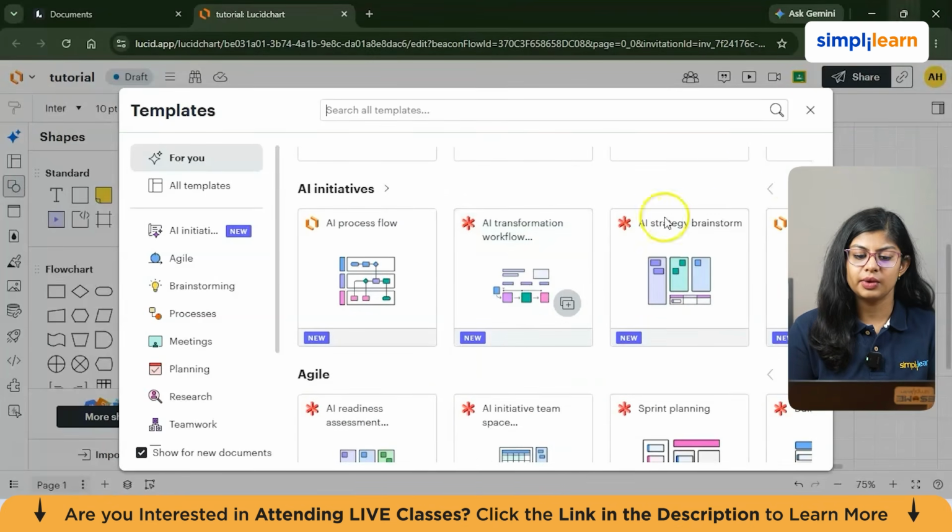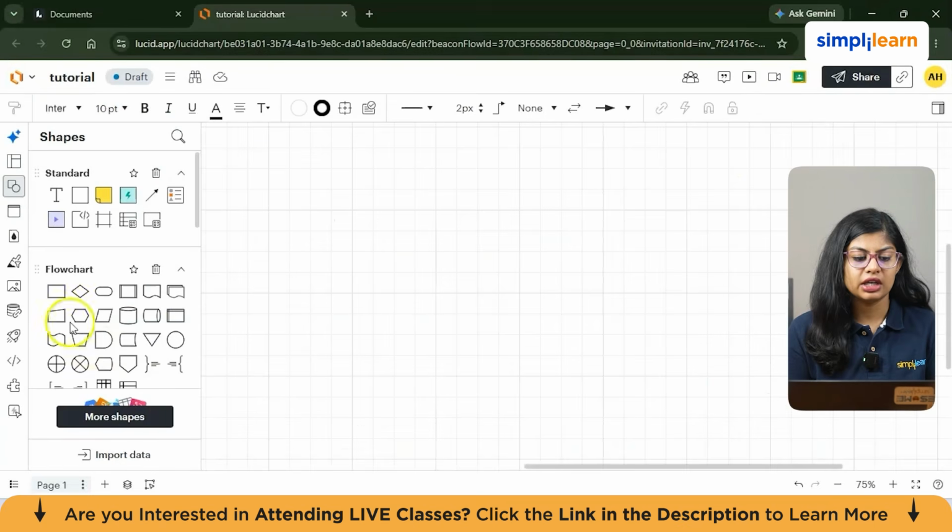It's an easier way. You can do it this way, or you can drag and drop these shapes as per your preferences. On the left hand side, we have the shape libraries. This is where you will find basic shapes, flowchart shapes, containers, mind maps, UML shapes, ERD shapes, and many more depending on what libraries you enable. At the center, we have the canvas. This is where we create the diagram. At the top, we have the formatting bar.